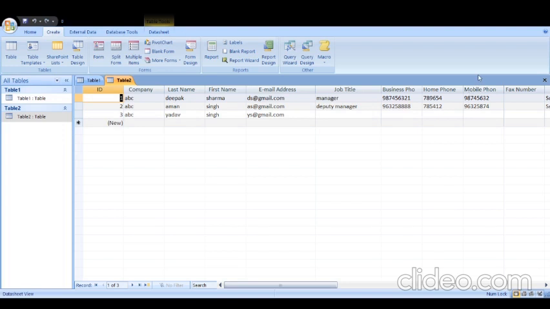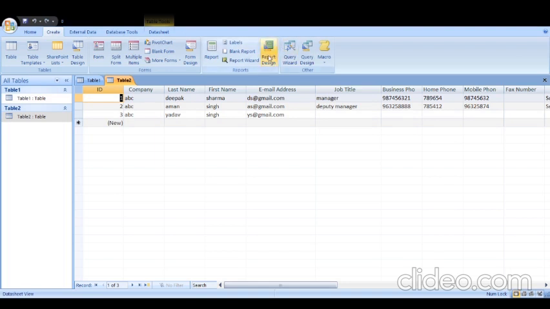You are only filling the data in that. This way you can create a table by using the template, because the software already has the option to create it. No need to create a table, only fill the data.